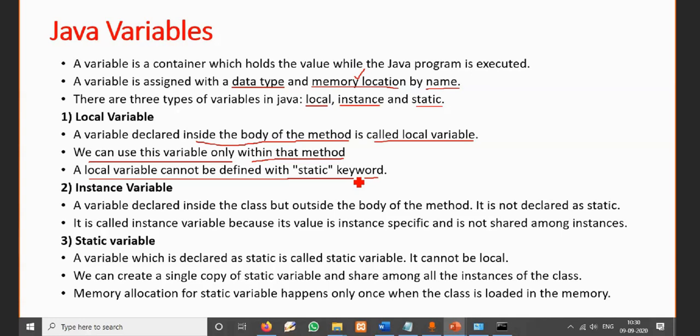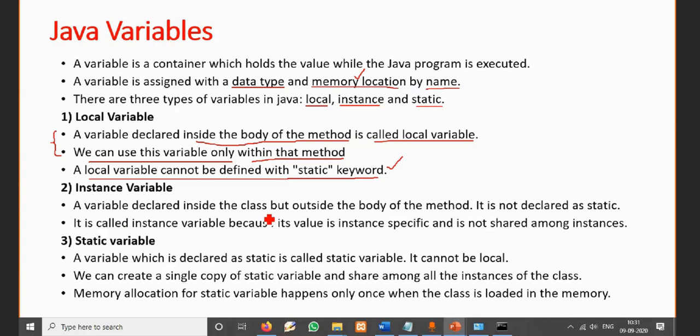Next, instance variable: a variable declared inside the class but outside the body of the method. When you go to the class, as already mentioned, inside the class we have data members as well as methods.